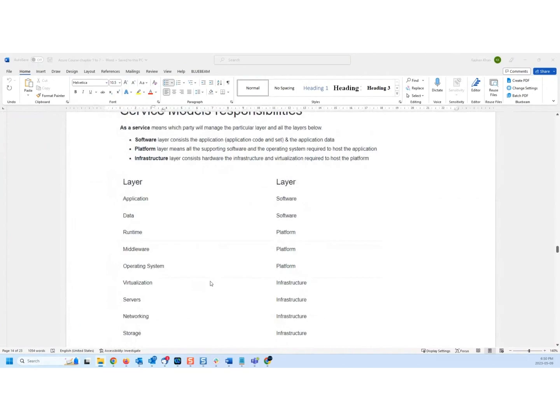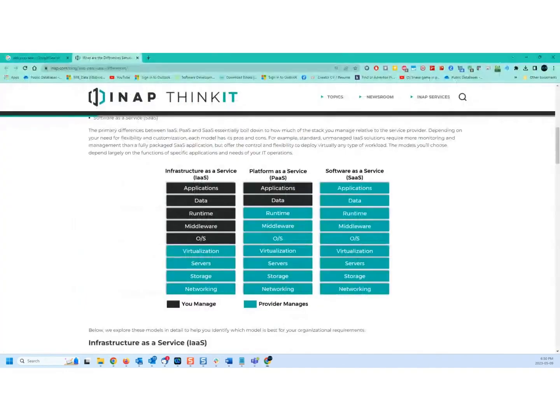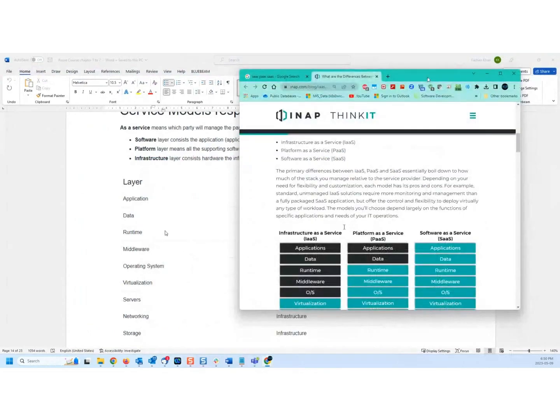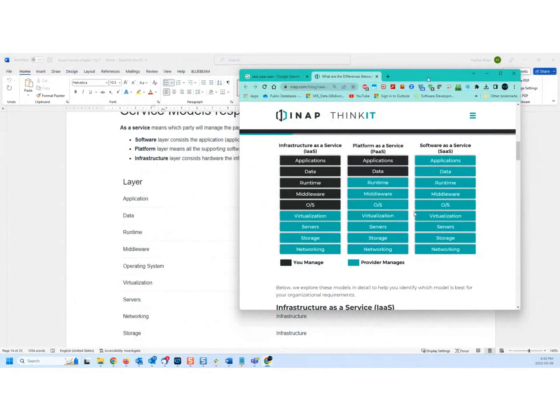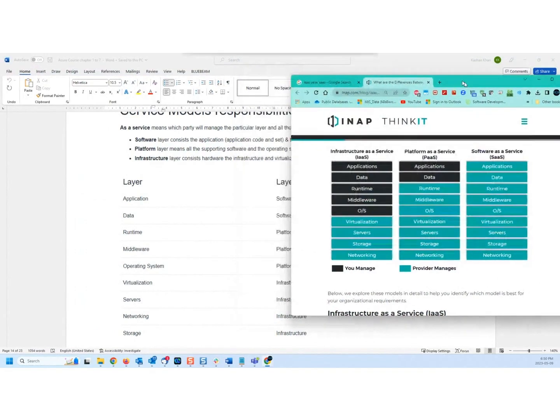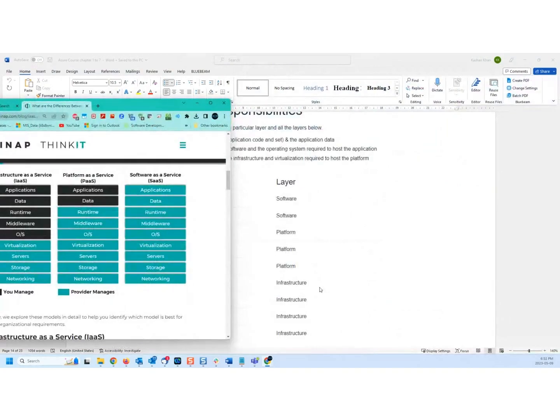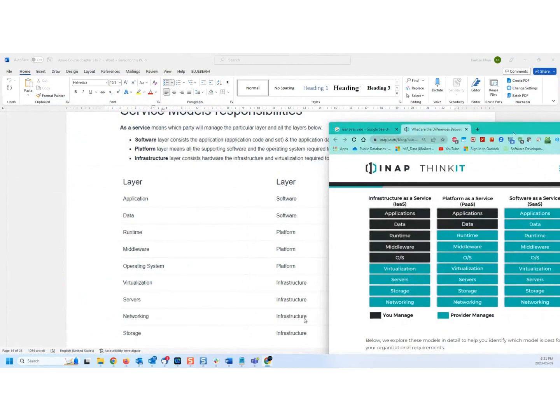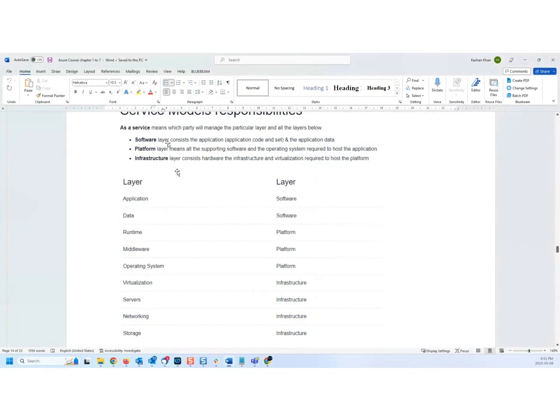Service model responsibilities. So we saw that website which I was showing you. In general, you will see this diagram all the time, whether it's a plain Jane or in the graphical chart format like this, in the picture format like this. So infrastructure is highlighted here. Platform goes up until the runtime. And if you are acquiring the software, it is broken down into three blocks, but here it is shown as one. So if I want you to read these definitions, saying software layer consists of the application code and so on,